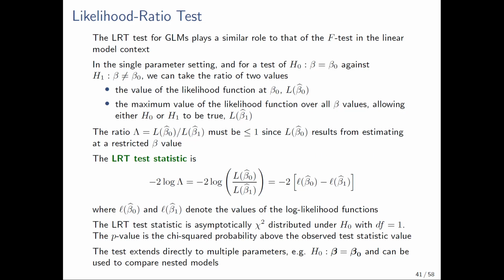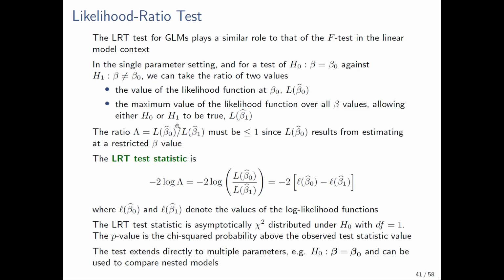Second test I want to introduce is the likelihood ratio test, which you'll remember from early weeks of the course. It's a very general test of a null hypothesis against an alternative when the null is a constrained version of the alternative. For GLMs, the likelihood ratio test plays a similar role to the F test in the linear model setting. So in the single parameter setting, testing beta equals beta naught, we take the ratio of the two values, the value of the likelihood function at the restricted estimate and the maximum value of the likelihood over all beta values. That ratio, lambda,